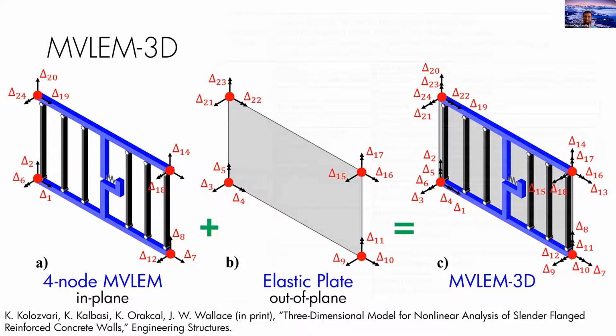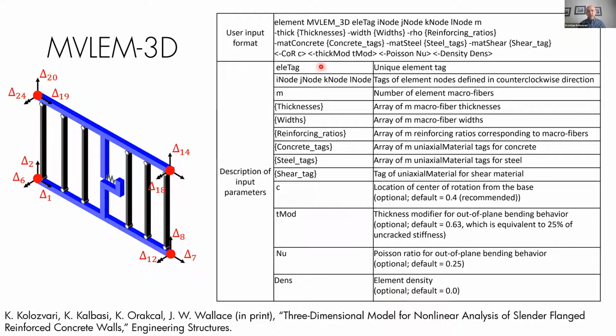So that's that model, and here are the input parameters. I just want to describe them a little bit. In order to define this element, you need to define the 4 nodes in the counterclockwise direction. Then you have an array of thicknesses for each fiber, an array of widths for each fiber, an array of reinforcing ratios for each fiber, arrays of concrete tags and steel tags, and the tag for the shear material. This is exactly the same input as for the 2-dimensional MVLEM, except you have 4 nodes instead of 2. And then